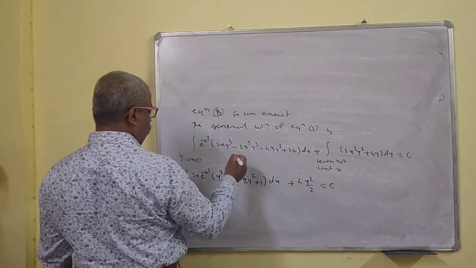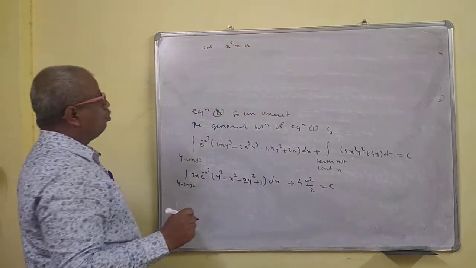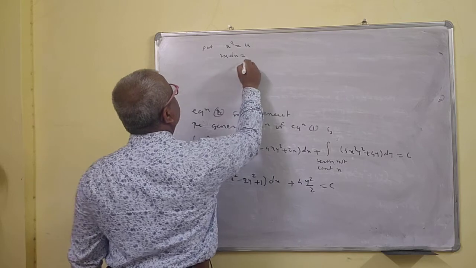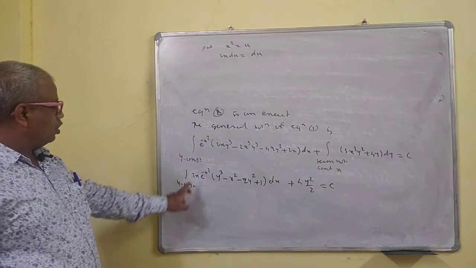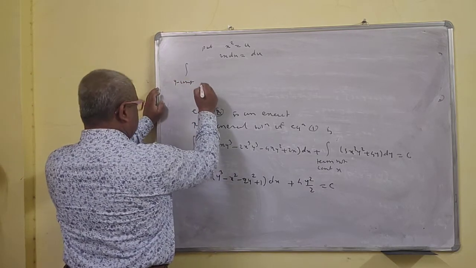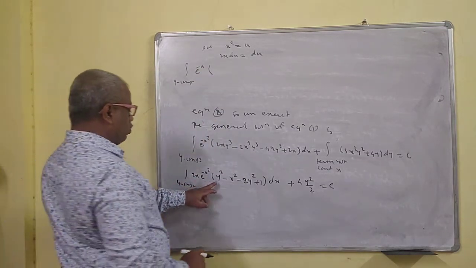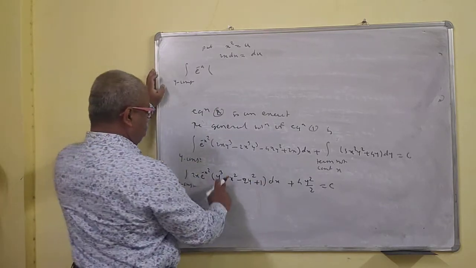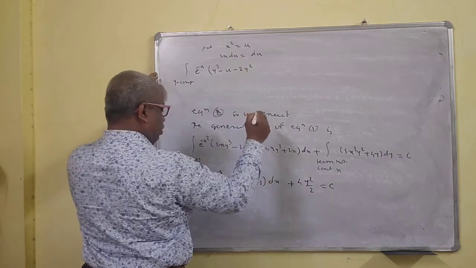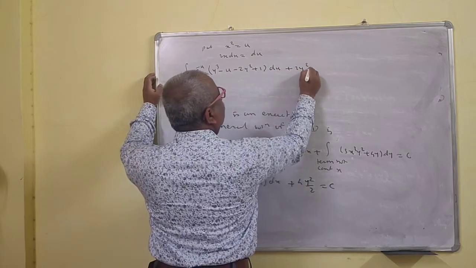Okay, so now here we'll use the substitution. Put x square is equal to u. So twice x dx is equal to du. Okay, so this is what twice x dx is. This is du now. So integrating, y constant e raised to minus u, then this twice x dx we will write just du. So this is y cube minus twice y square plus 1 du plus 2y square is equal to c.